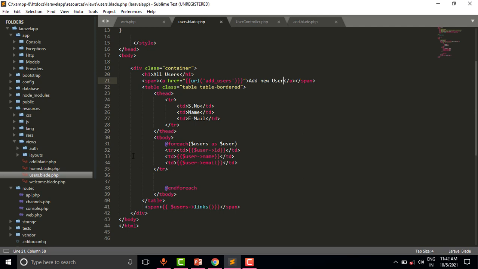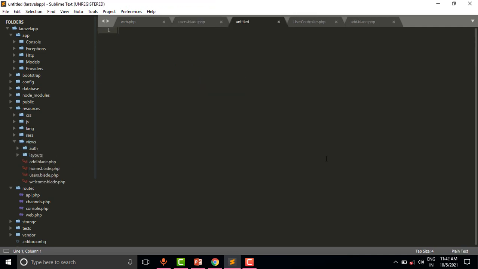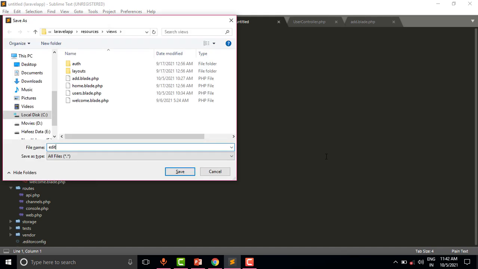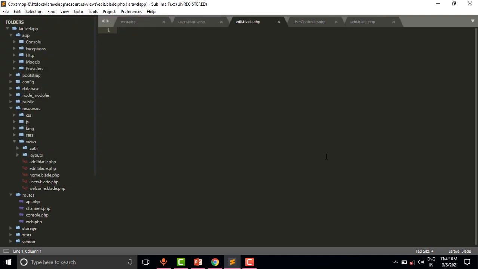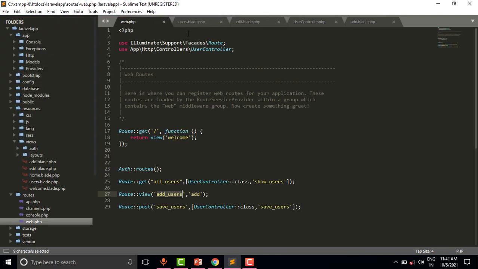So let us create a new view. Open the resources and views folder, and inside the views folder let us create a new view and save it as edit.blade.php. So let us create the route for this page.